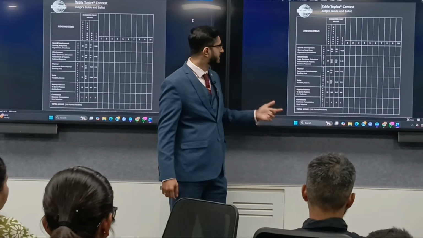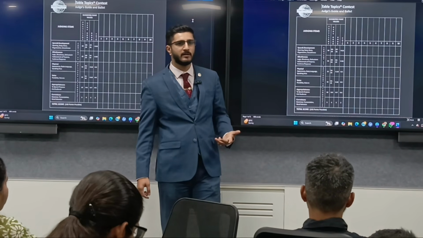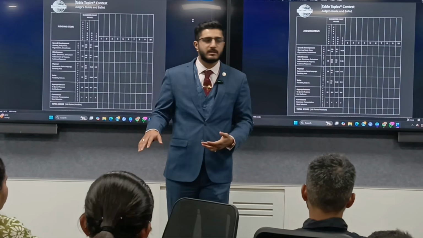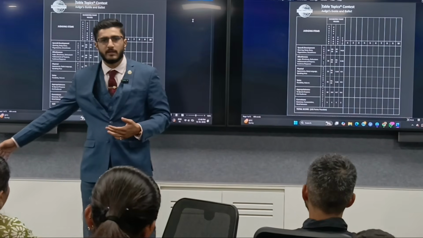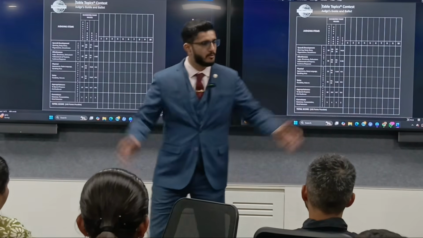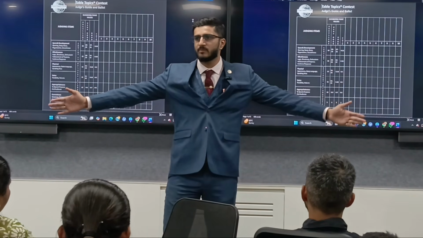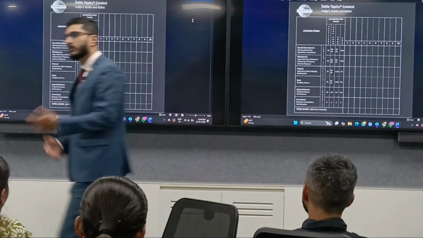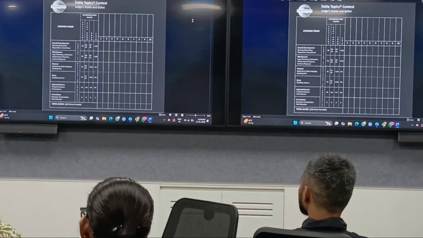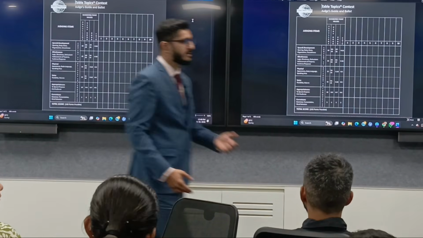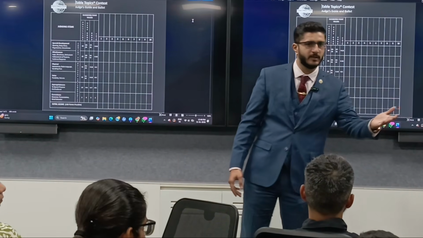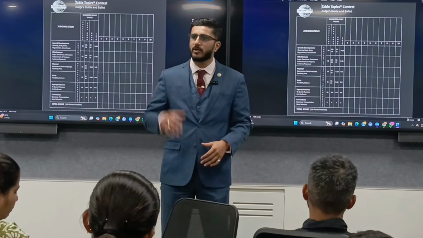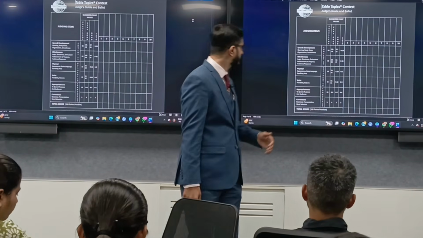Next, physical appearance, body language, speaking area. It is not compulsory to use the stage constantly, right? The room is this much. If I just raise my arms, the span is complete. So I don't need to come to this side to speak with Vikram. I don't need to come to this side and speak with you, right? So you can just be at one spot and still deliver an excellent speech.